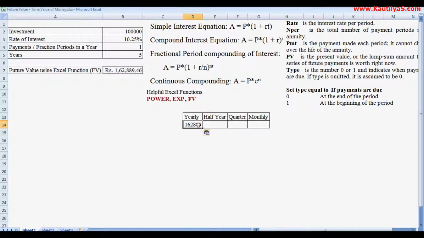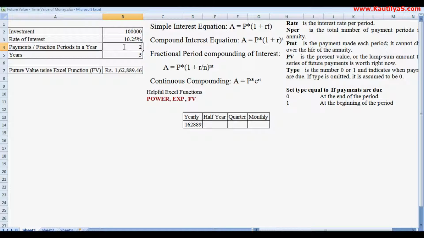Why I use paste special: in Excel, when you copy values from one place to another, Excel will remember the cell reference. So any change made in this cell will automatically change the copied cell also. To avoid that, we do a paste special. Now we look at how much difference there will be, whether there is a difference or not, when interest is paid